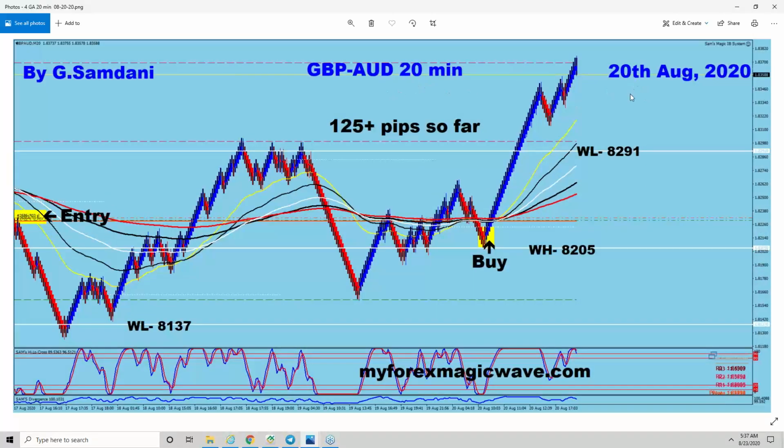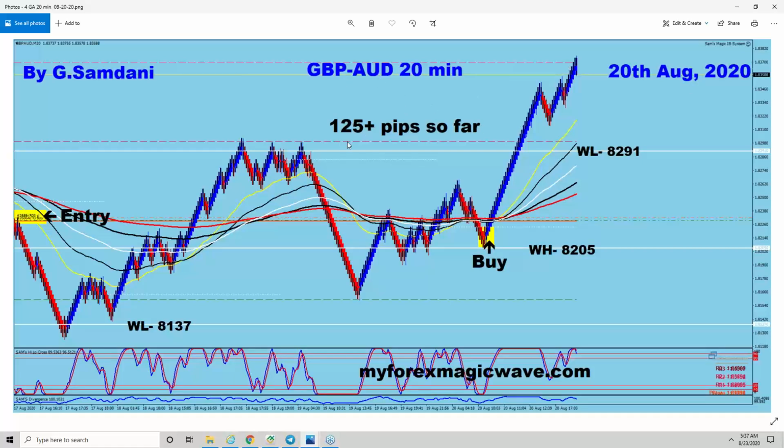On the 19th, there was no setup, no trade. A couple of them, but they were like 20, 25 pips close, so I don't even want to show those trades. Only the big ones. So now on the 20th, the pound Aussie, this is a big mover and always moves